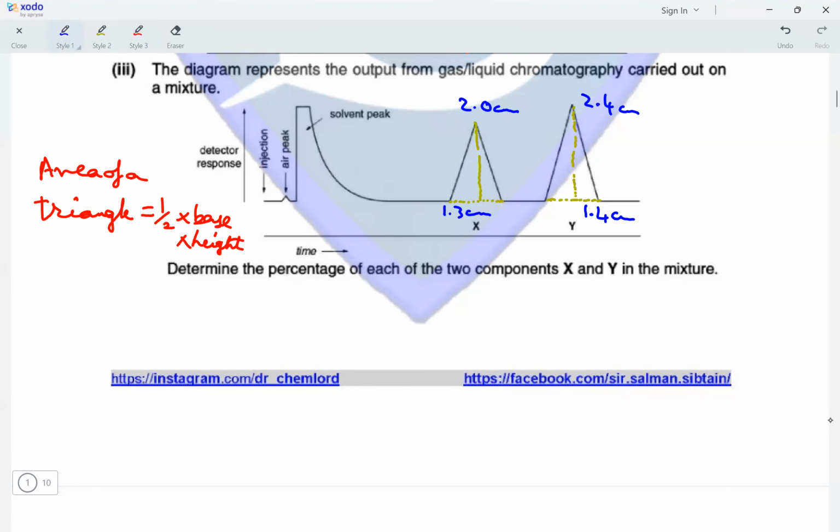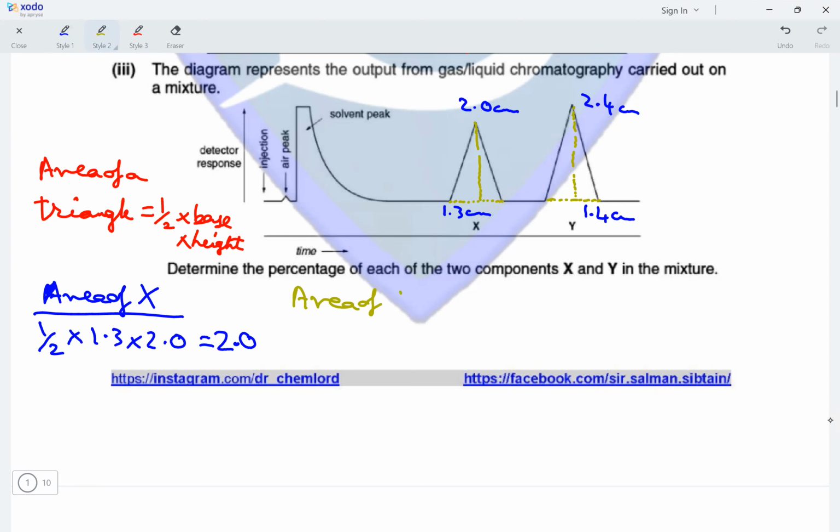So area of X would be half into 1.3 into 2.0, giving us a value of 2.0. Then we would apply the same formula to find out the area of Y, and here we would have half into 1.4 into 2.4, and we obtain an area value of